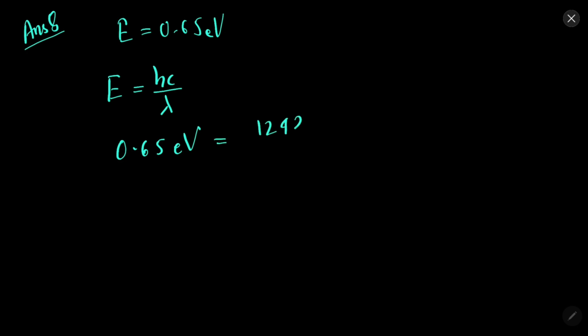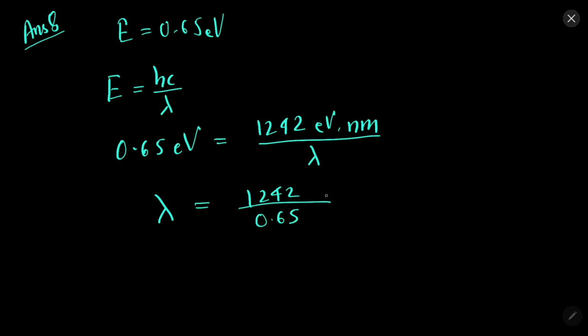Eighth one. So band gap is 0.65 eV and we need to find the wavelength. So E equal to hc over lambda. So 0.65 eV equal to 1242 eV nanometer over wavelength. So wavelength will be 1242 over 0.65 eV nanometer. So wavelength will come out to be